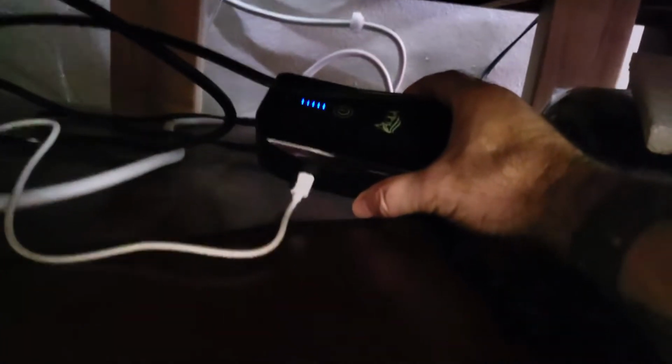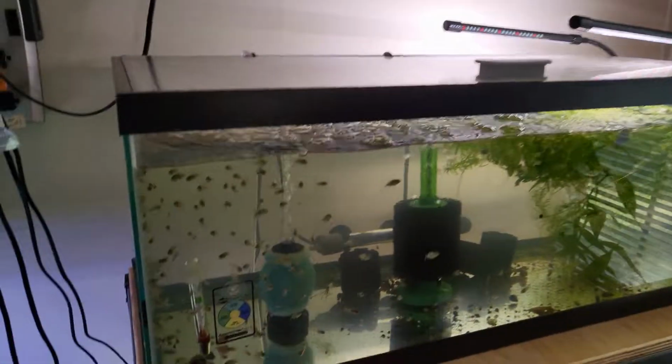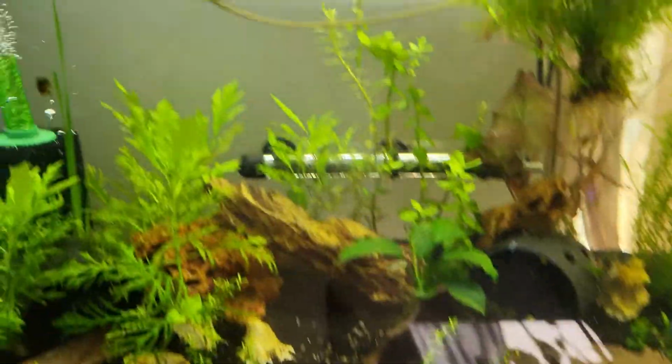So under here you'll see that there's another AQQA pump right there. This one here. Alright, this is a 2.5 watt, so that's what this one is here. We got that powering my homemade sponge filter right there. Over here in the puffer tank,